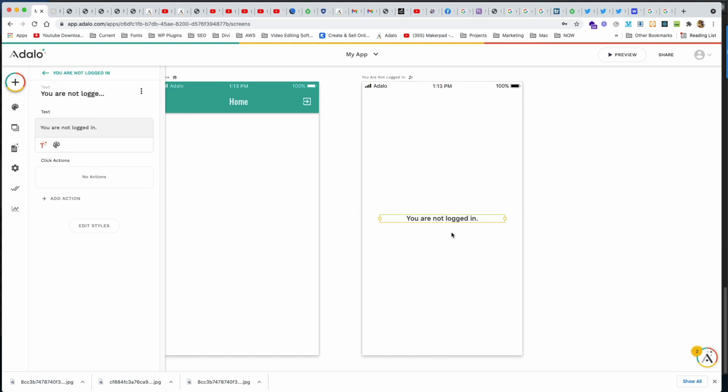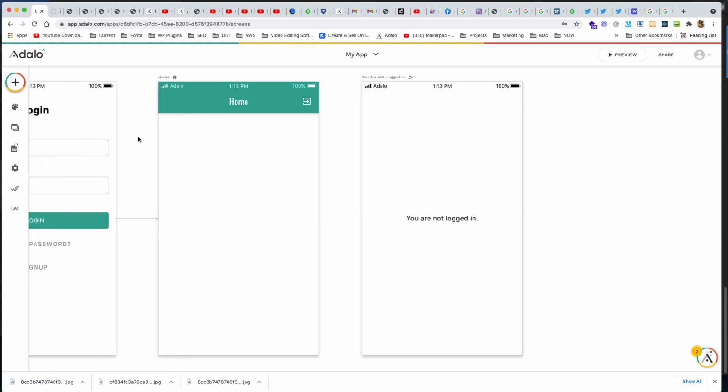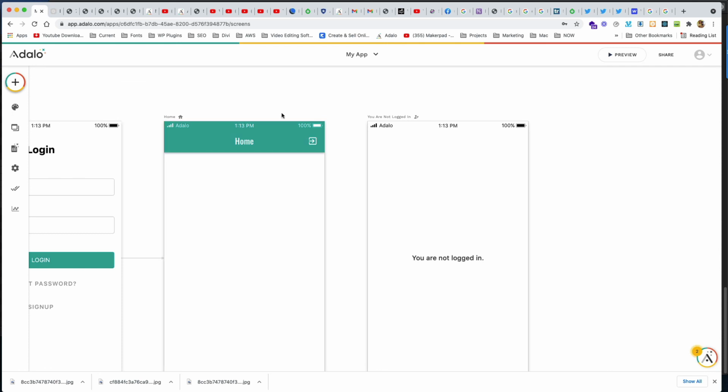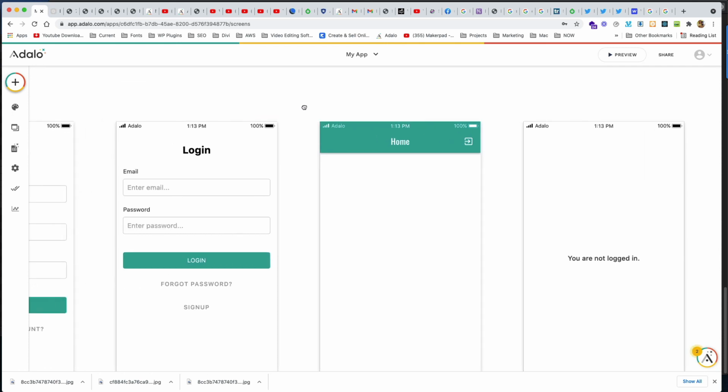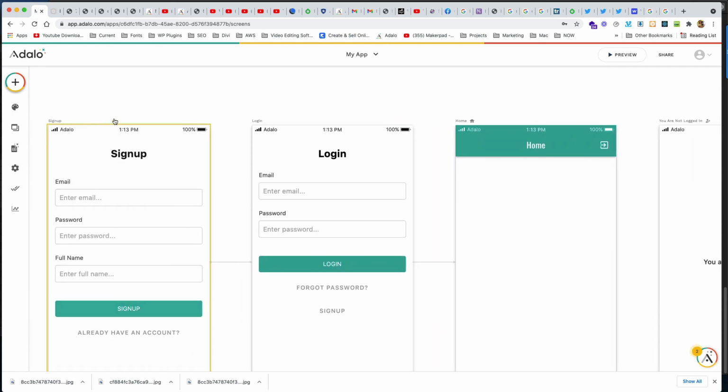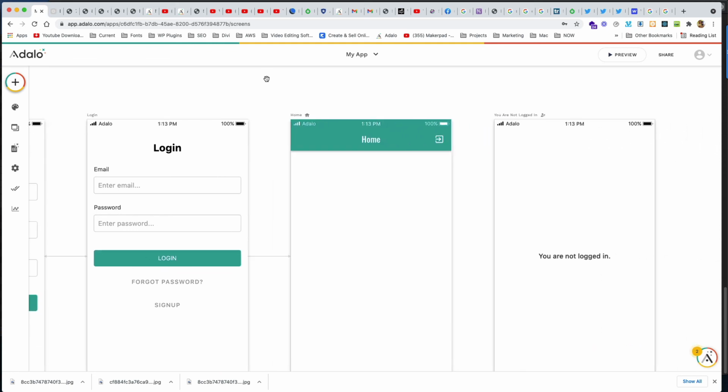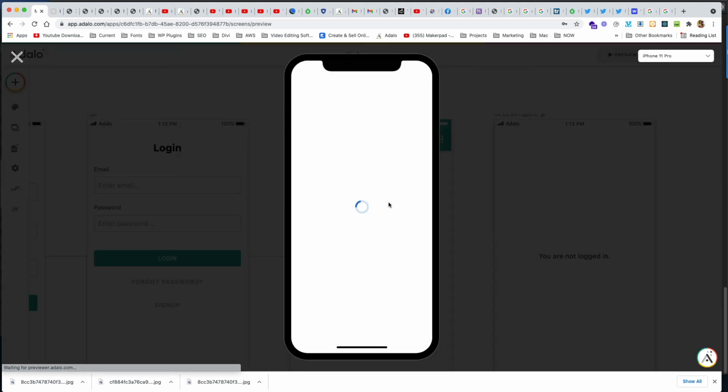And I'm going to move that one over there. So now this one is the home screen again. This one is if you're not logged in, and these other ones we'll never reach, though I can make us reach them by using the workflow. Okay, so if I click preview again,